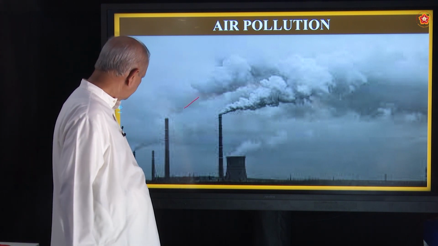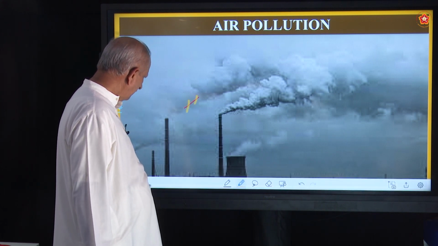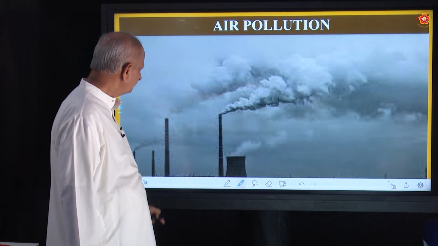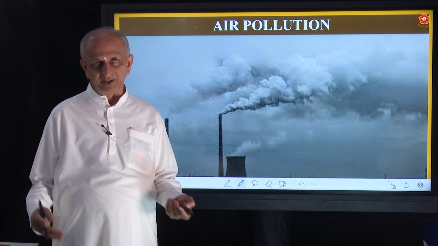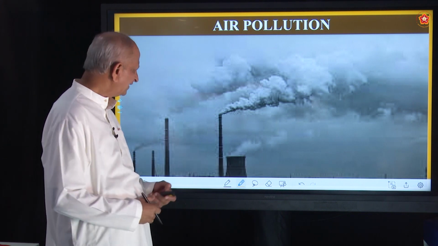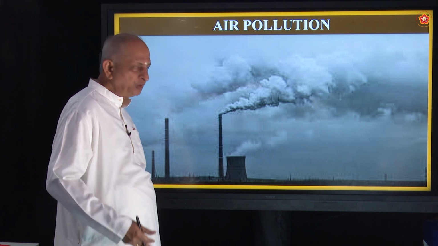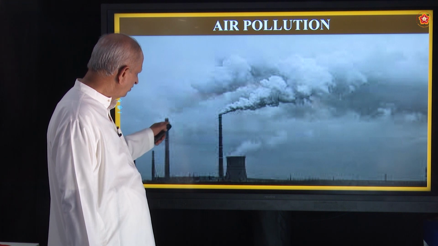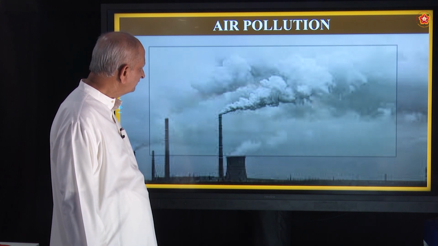and this gas will be spoiling our health also. So, we have to be careful. Of course, industries also are very important, because for production of goods industries are inevitable. That is why they always prefer to have these industries in the outskirts of the city, not in the city. Have you observed? So, this is the smoke produced by a power plant, mostly it may be the Raichur power plant,